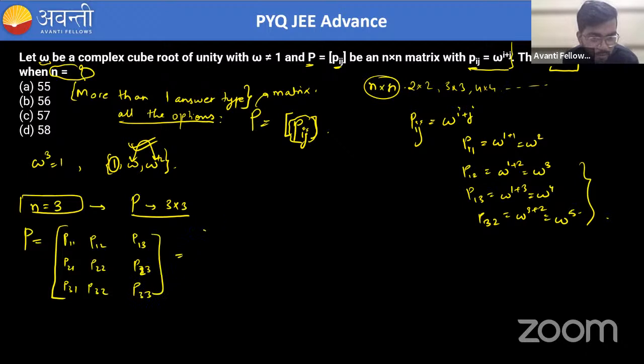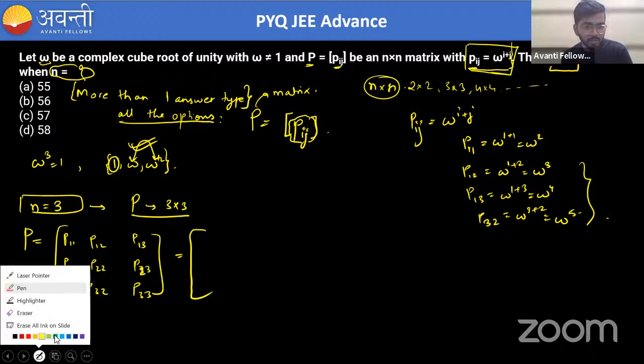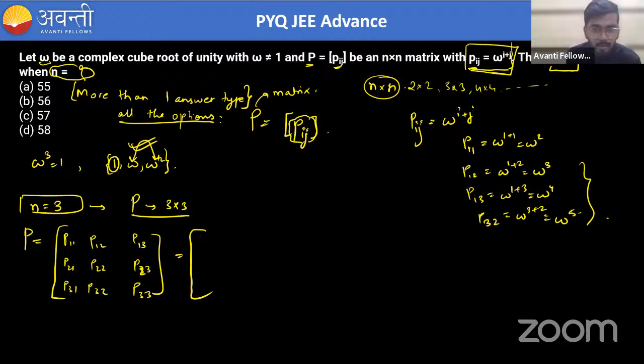And we already know the values of P11, P12, because here they have defined the values of P11, P22, P23 and all this. So here you will get P11 means omega square, the sum of ij is 2. P12 is omega cube. P13 is